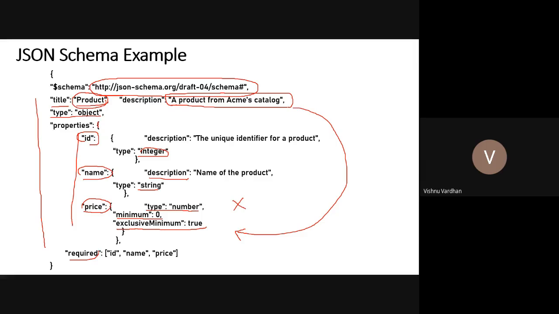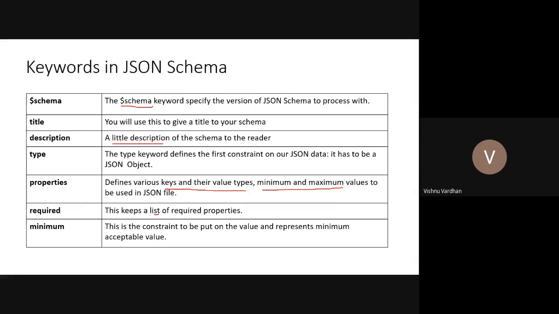And whenever there is a required, this is a constraint actually. All these three are required. You cannot miss out this ID, you cannot miss out this name as well as price. So 1, 2, 3, these three are required, because it is again putting some constraint. If you miss out this price, then if you are skipping this price object, it will generate an error. Validation error. Actually, validation error will be given by the JSON schema upon that JSON file. So required keeps a list of required properties.